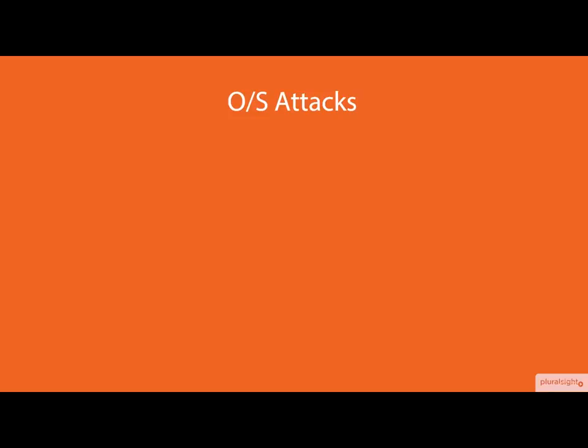Operating system attacks. When it comes to operating system attacks, the issue here is that many operating systems today include a very big number of services as well as ports that could be opened up that are activated by default. Now, the reason why they're sometimes programmed this way is because the operating system manufacturer is trying to make it easy as well as fully featured. And this adds to complexity. And again, as we've talked about before, anytime we talk about increasing our complexity, we're talking about creating security holes